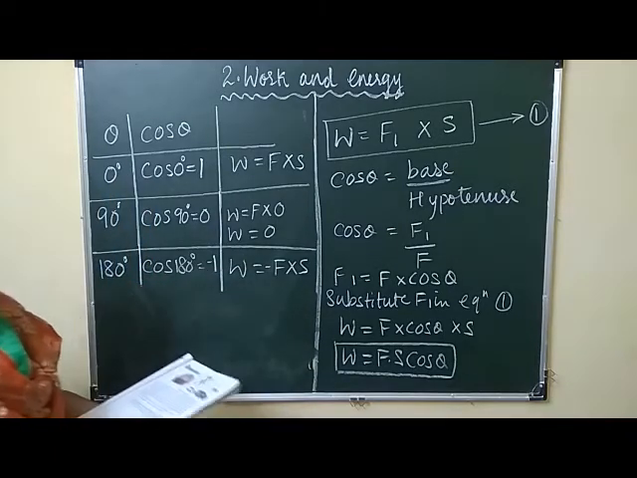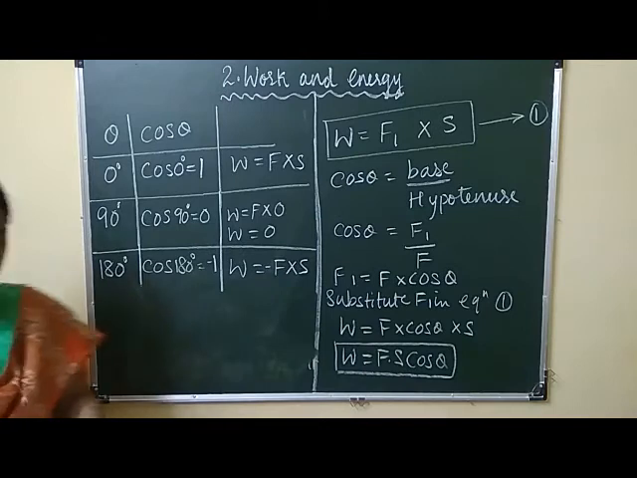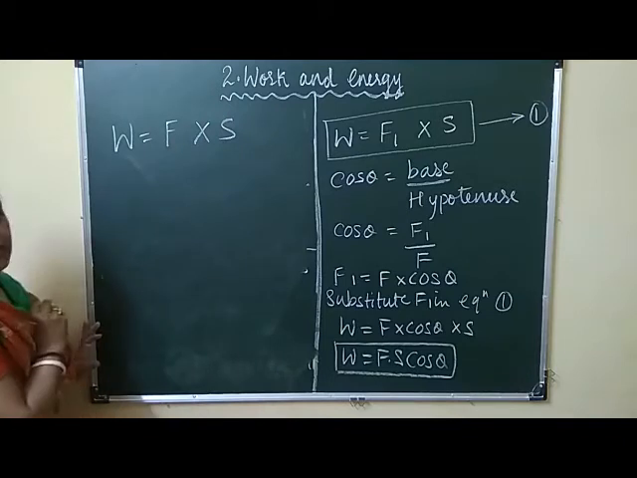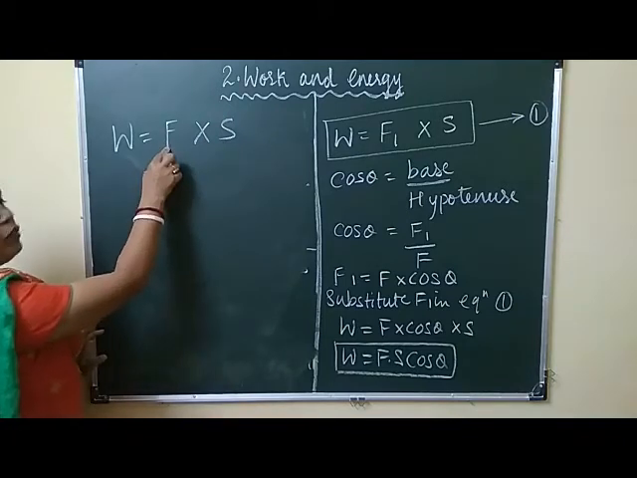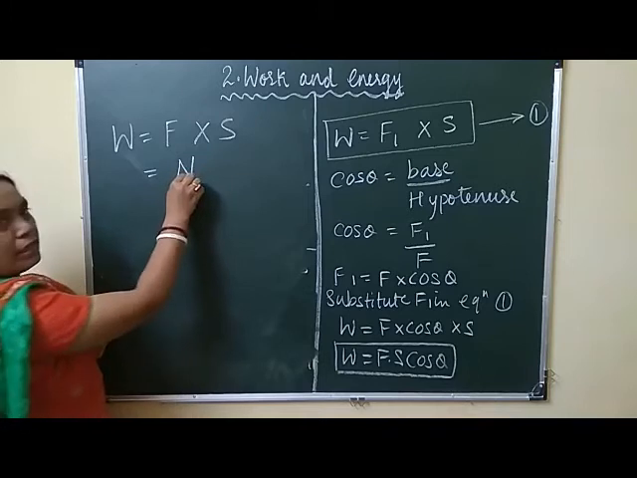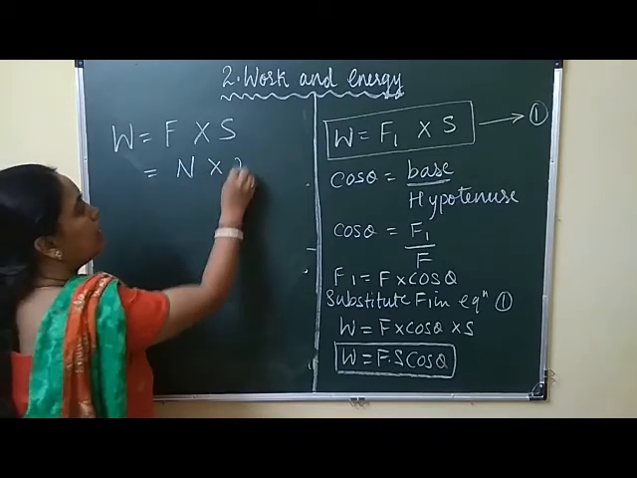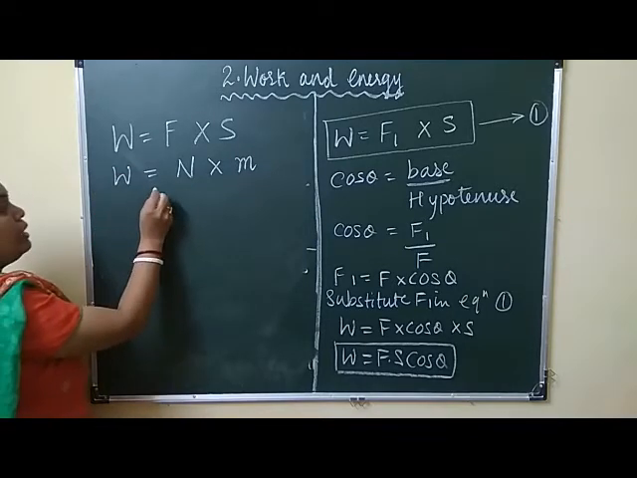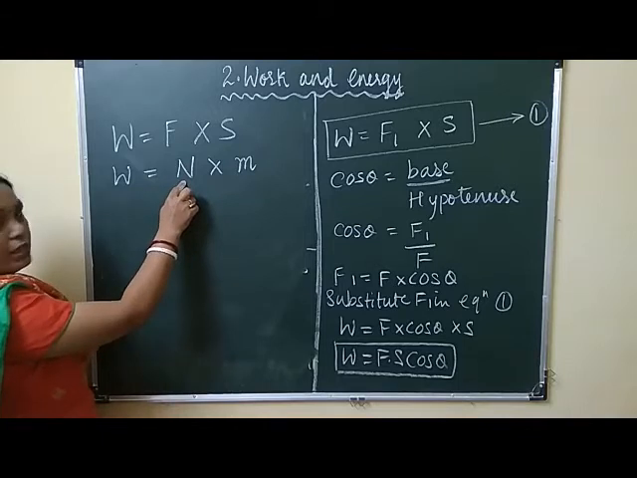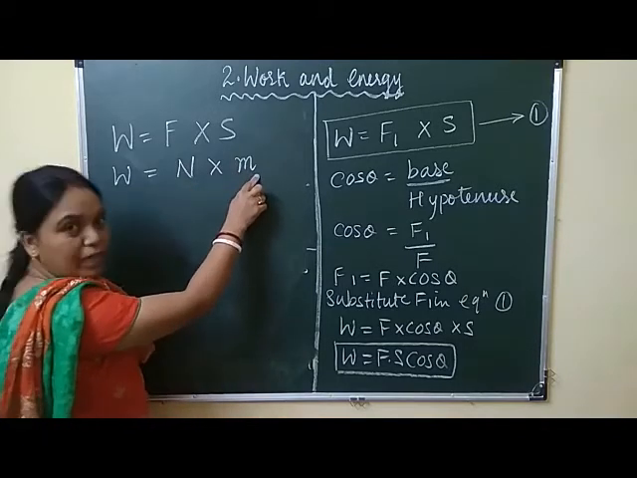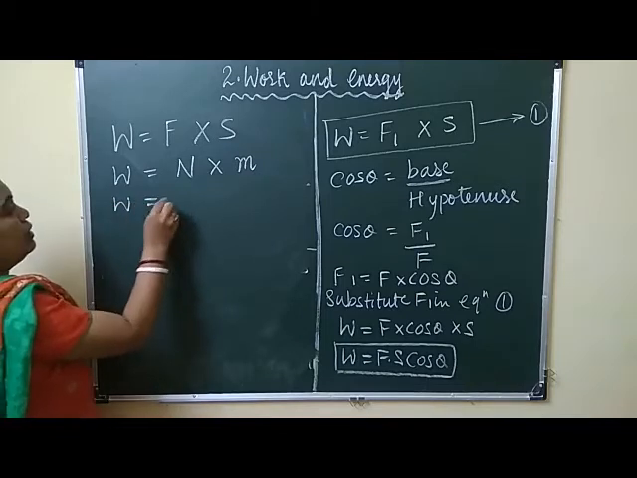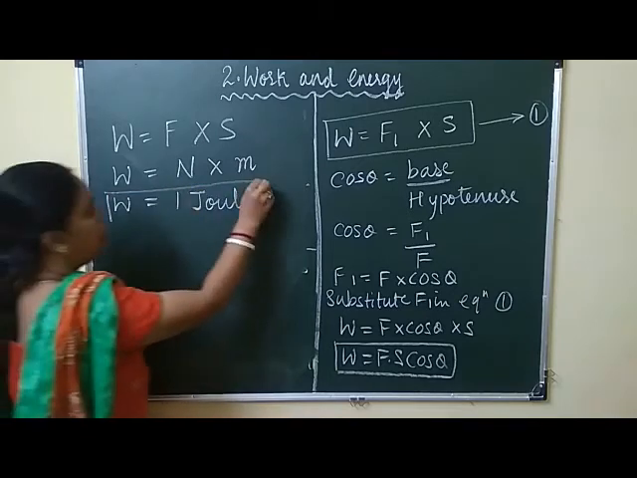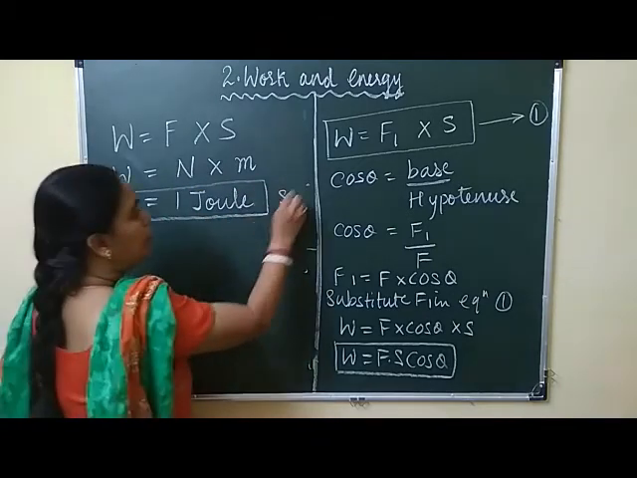Now we have to understand the unit of work. We know that W equals force into displacement. The SI unit of force is Newton. The SI unit of displacement is meter. So we can write: when 1 Newton of force makes a displacement of 1 meter, then work done is 1 joule. This is your SI unit of